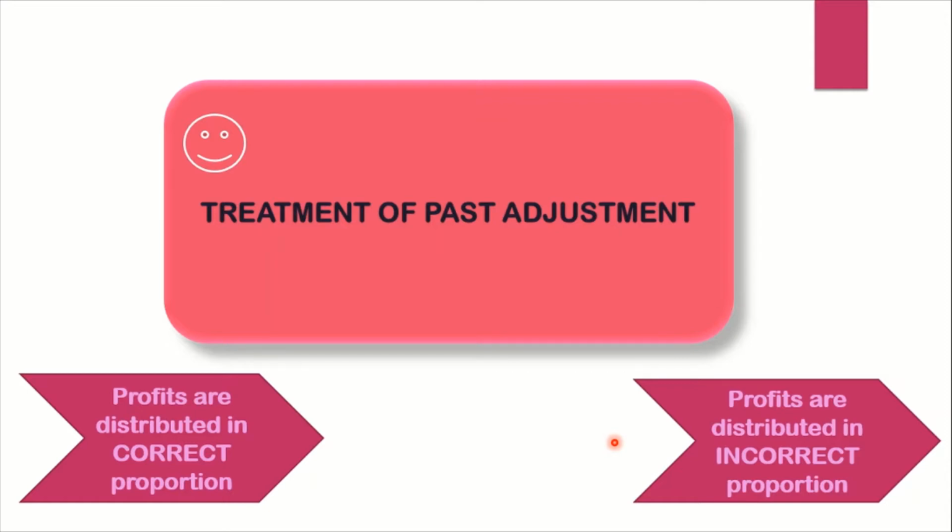So the treatment can be taken in two different ways. One, when the profits are distributed in a correct proportion, or another, when the profits are distributed in an incorrect proportion. Here, as I explained, we are going to take out our wrong profit, or you can say debit the wrong profit and credit the correct profit. But again in this case it's not required, because whatever mistakes we are detecting and finding out the net effect, that only is a mistake in the profit, and we are going to rectify with the help of that. So let's begin and understand it in a proper way.